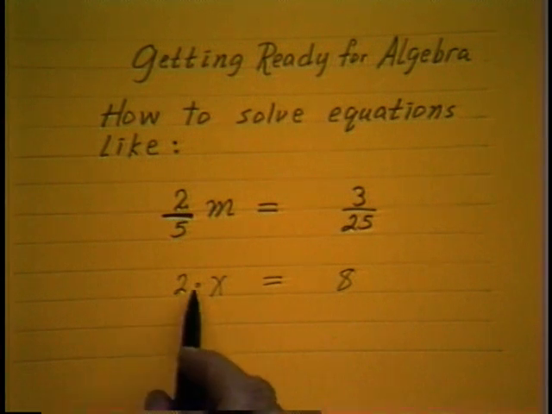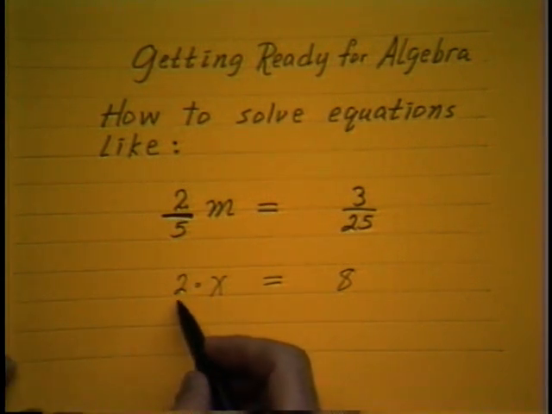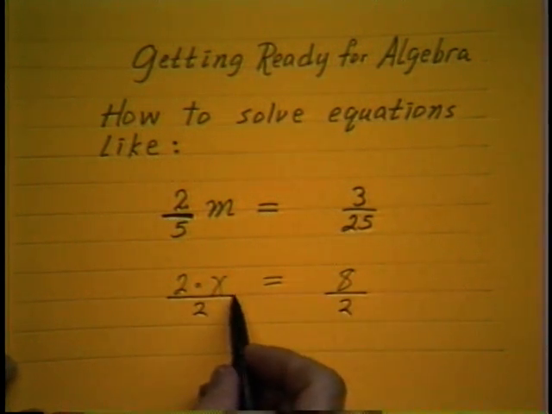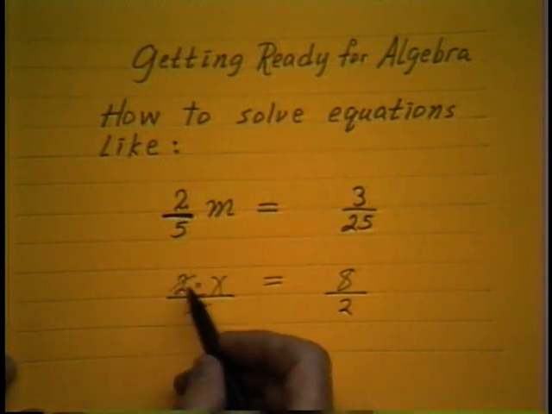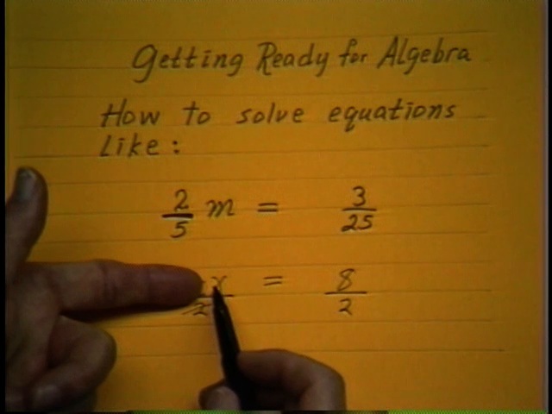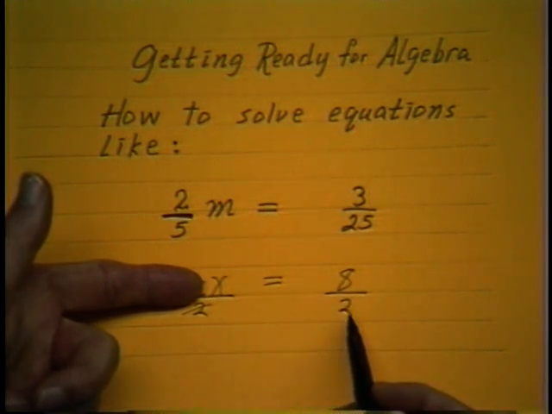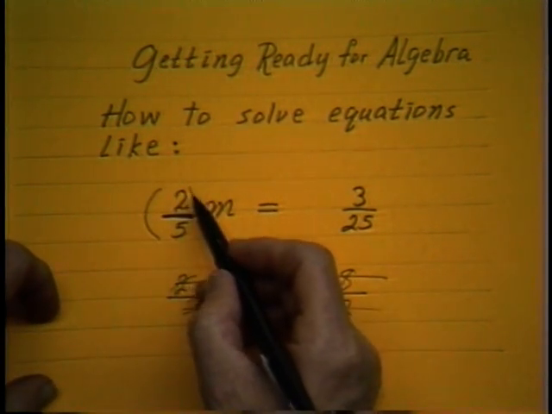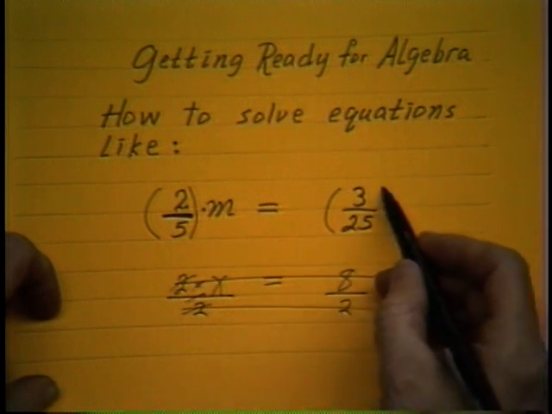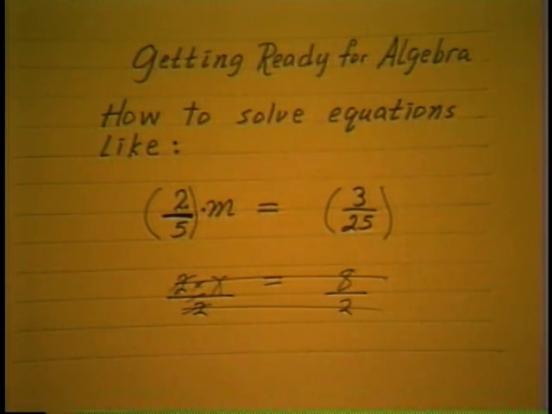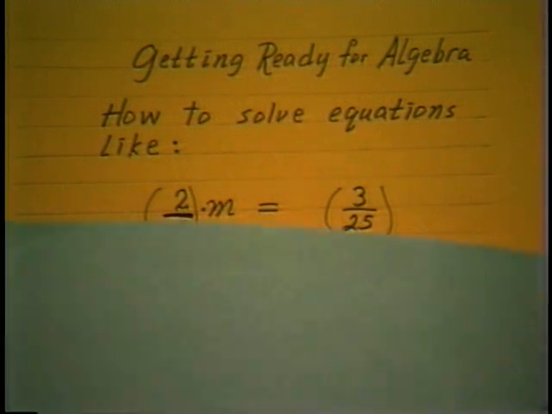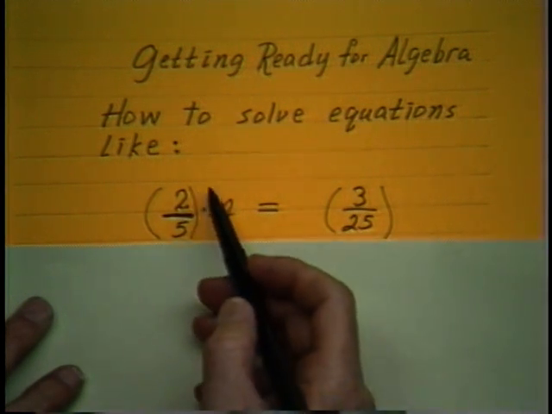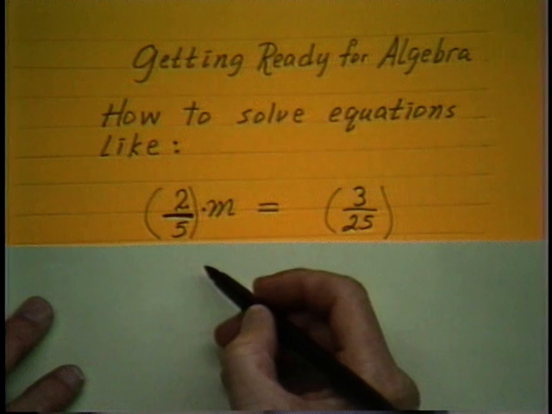Recall, if you're trying to undo multiplication, the trick for undoing multiplication is division, and of course both sides. So this division undoes this multiplication, and that leaves you with my some number is, in this case, 8 divided by 2. So it's exactly the same thing here. We have a number times 3/25. To undo, that rule states that if I divide this by 2/5, this will disappear, leaving me just the m,